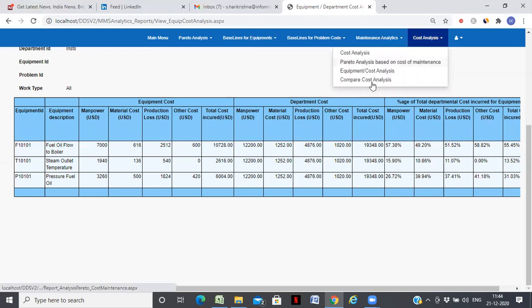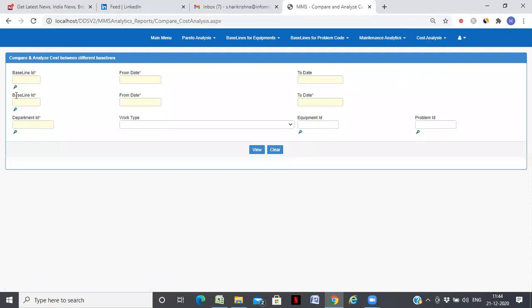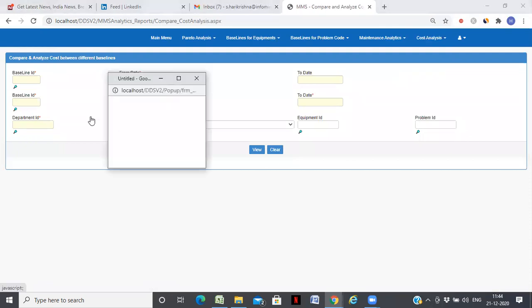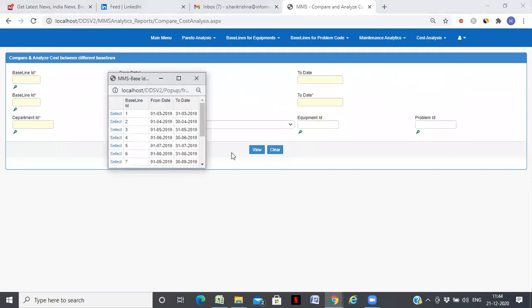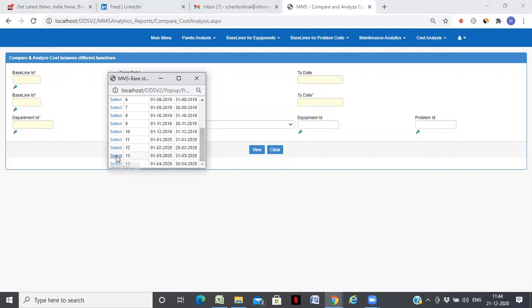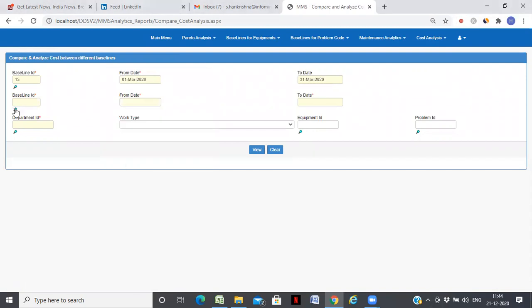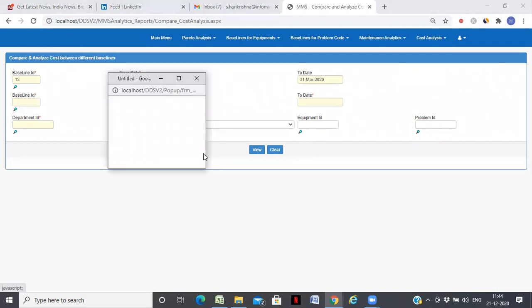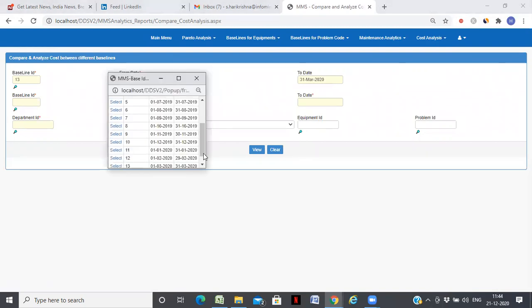And finally, you also have a section where you can compare the cost analysis. So the action items which you have identified here can be tracked, and after they are implemented, you can verify whether the subsequent baselines show the necessary improvement which you want. This value is more in terms of the cost.